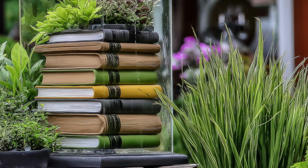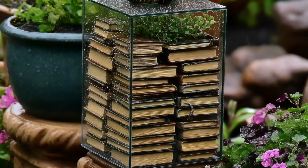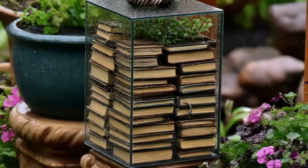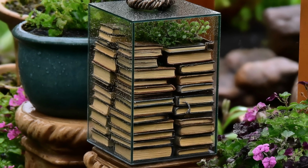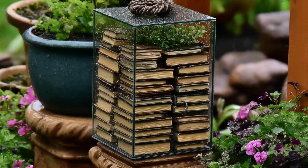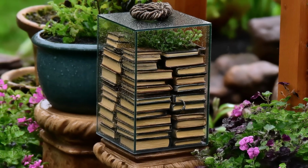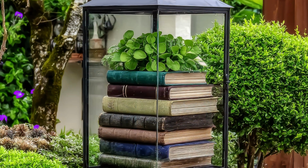shield and a transparent frame, allowing the sculpture to stand as a fusion of the literary world and the natural environment. This makes the pillar not only a unique decorative element but also a tribute to the written word, celebrating the stories held within each page. The literary pillar stands as a testament to the power of storytelling, with each stack of books representing layers of